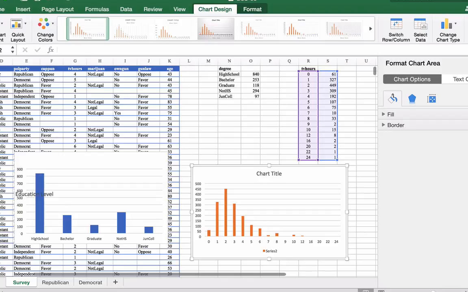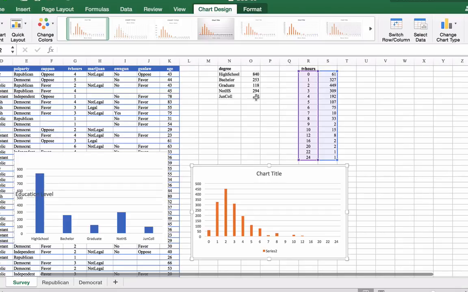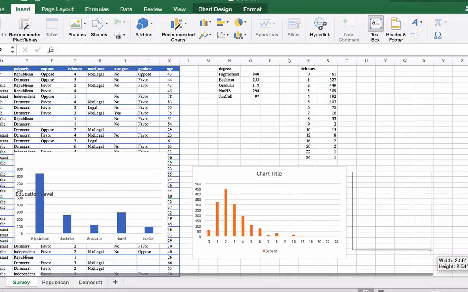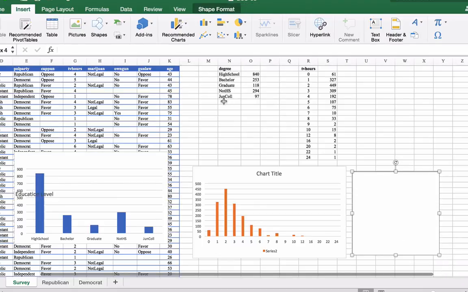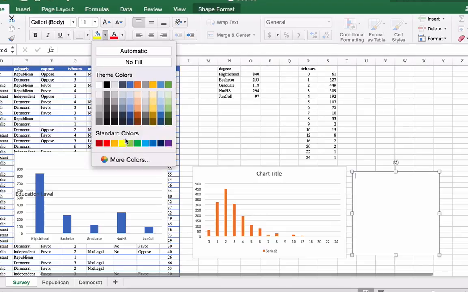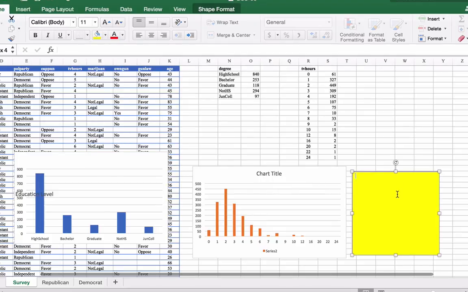So now one other tip you might want to take is if we are interested in making notes within our spreadsheet, a good idea would be to use a text box. So you click on the Insert tab, text box, and highlight the area you want a text box in. And the nice thing about this is we can also format this so that it can be any color you like. So go to the home page. I can fill it with yellow, and I can type in this graph